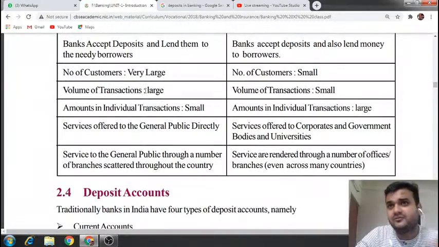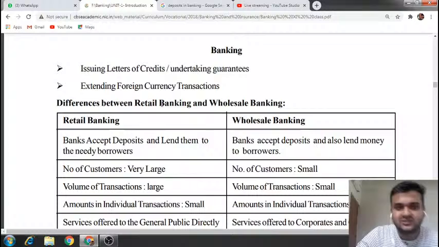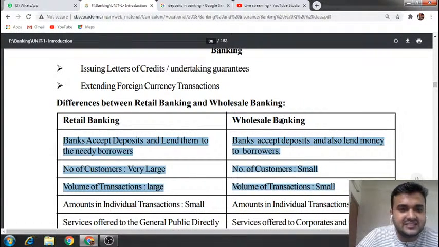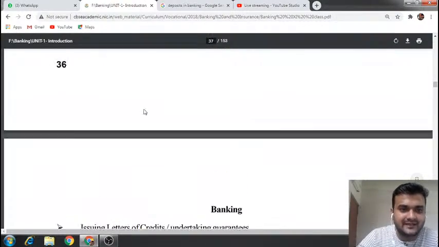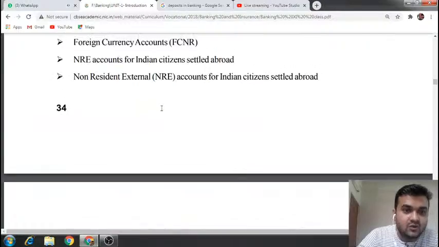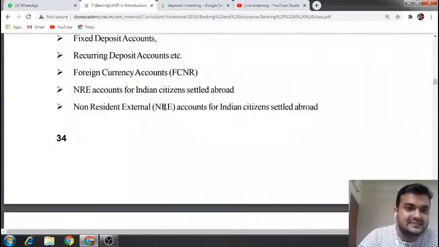The volume of transactions of course will be large in wholesale, and in retail it will be less. So these are the three basic differences between retail banking and wholesale banking. But before that, let us first see what are the different types of accounting facilities